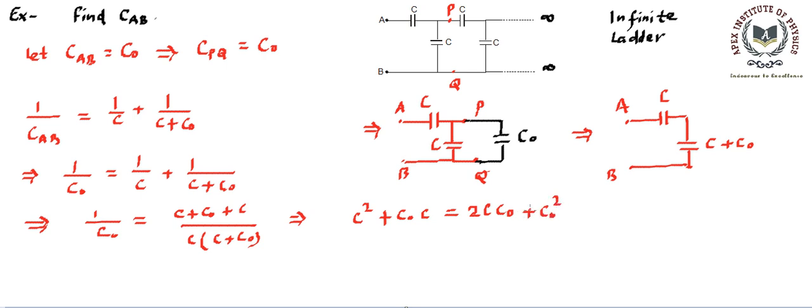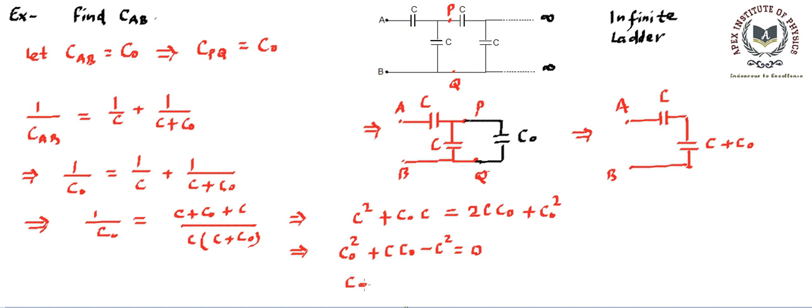Now here C naught is a variable, or unknown rather I should say, and C is a known number. So we should remember which is unknown and which is known numbers. So let's collect them. If we are collecting, it's going to be C naught square, and C naught will come aside, so it will become C into C naught, and minus C square is equal to 0. Now that's a quadratic equation. In C naught we can find the roots of it, and that will become the answer.